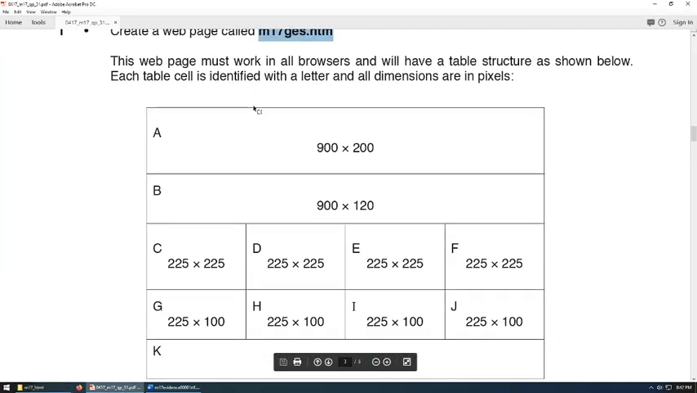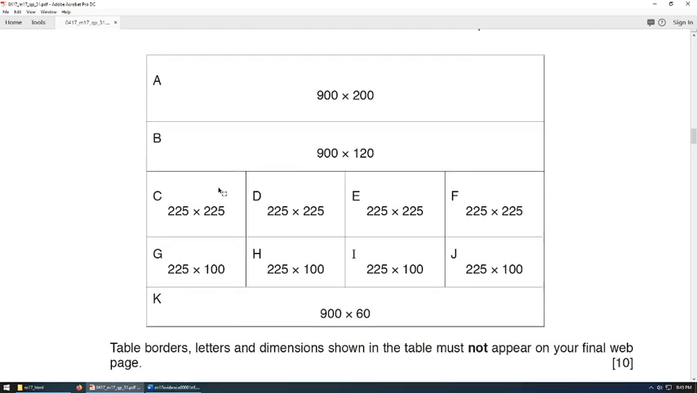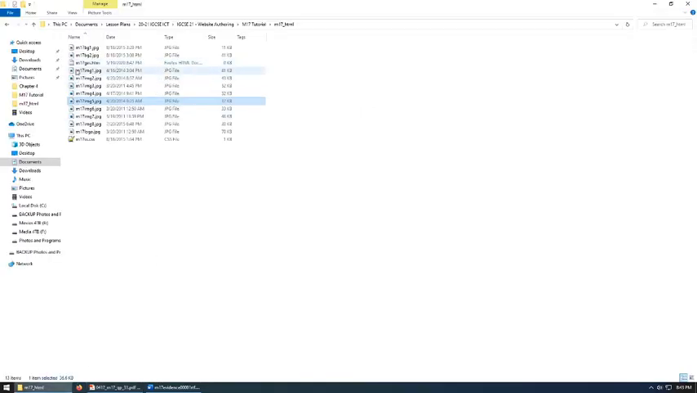Okay, this web page must work in all browsers and will have a table structure as shown below. Each table cell is identified with a letter and dimension, and all dimensions are in pixels. Okay, so we're going to spend some time on this. We're going to create a table. Well, first things first, we just have the HTML. We actually need to